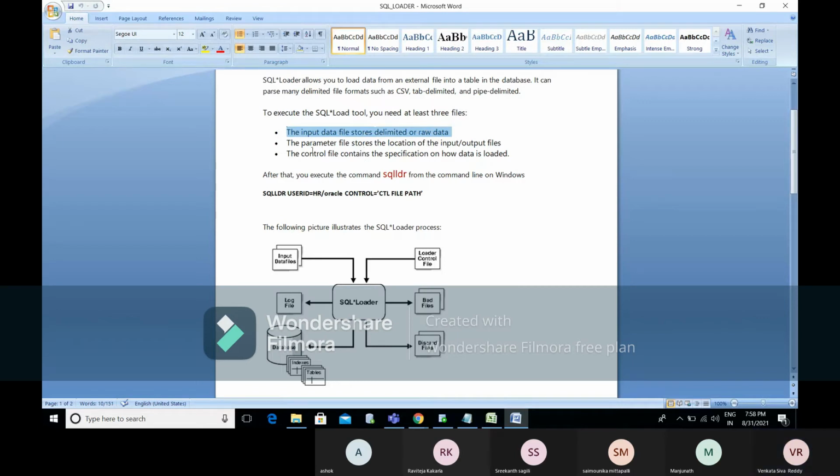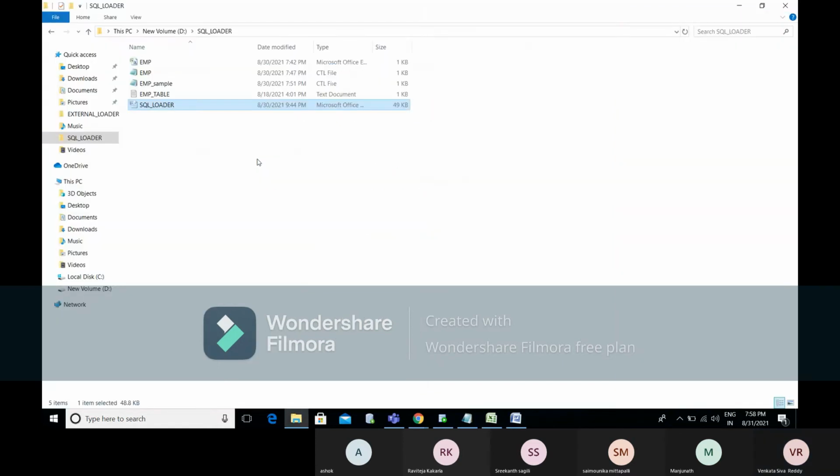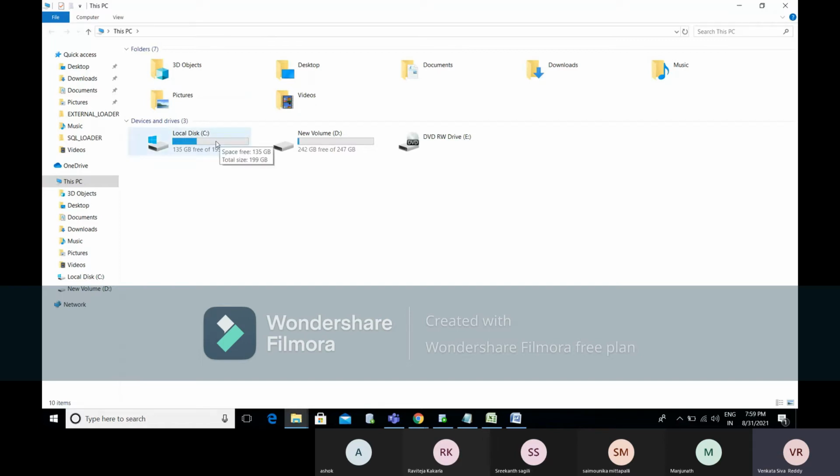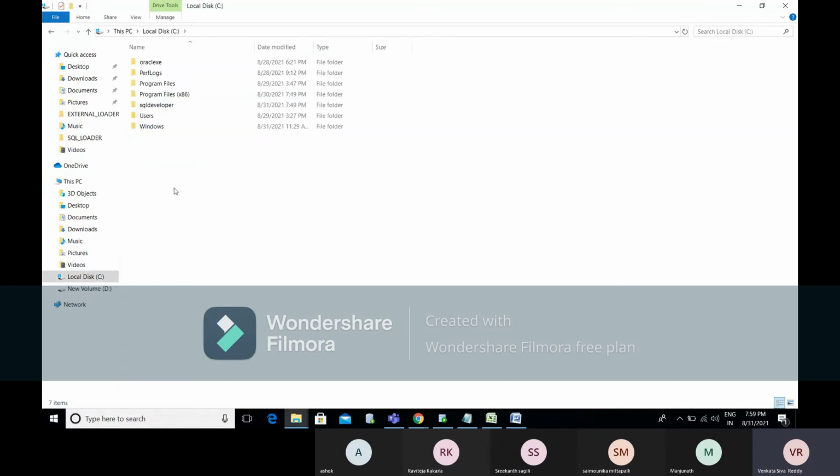So we will maintain some control file. We put some files in some place, that is called a directory, for input or output files. So we need to store some data, like the client will place it in some X folder. Suppose he placed the file in this place. So this is called the client server.